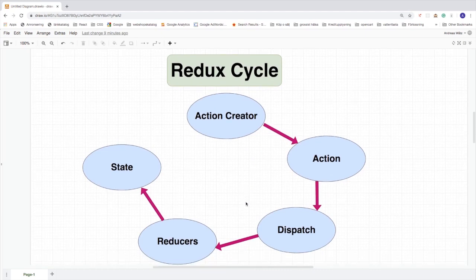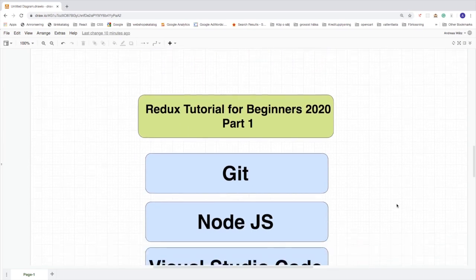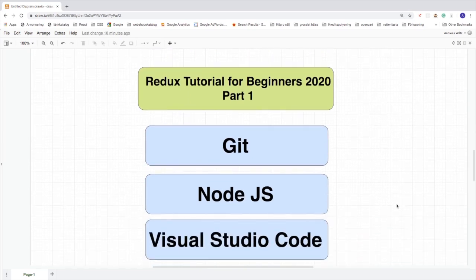So we're going to cover all of this in this tutorial and much more. But in the big picture, we're going to cover action creators, actions, dispatch, reducers, and state. Okay? And all of the other things that we need to do when we are creating these things. Okay? So if you go down, we can see what we're going to cover in this Redux tutorial for beginners